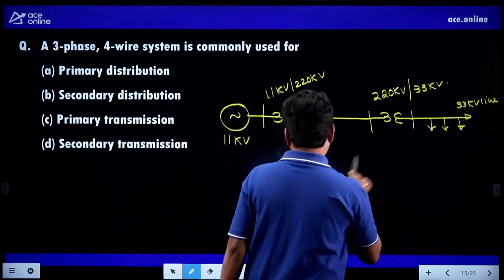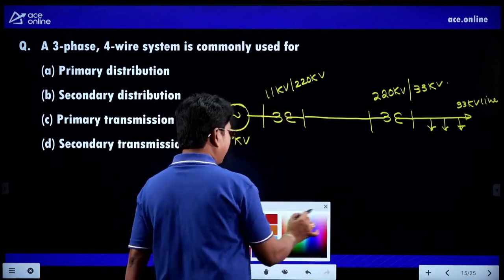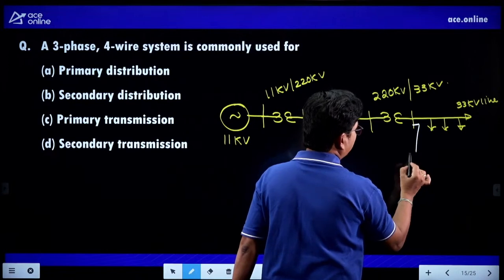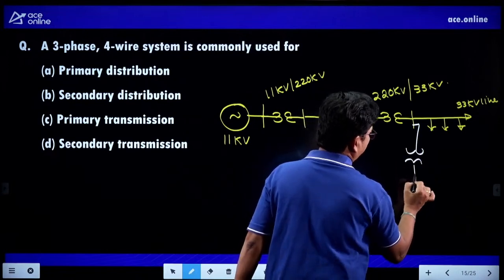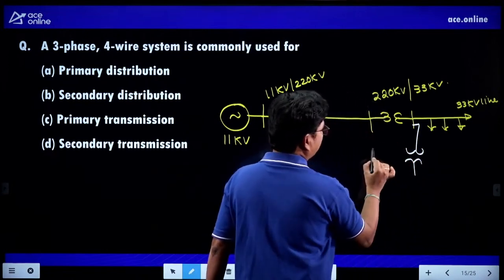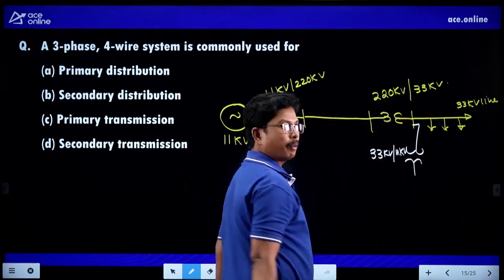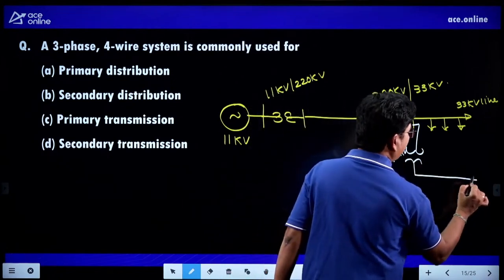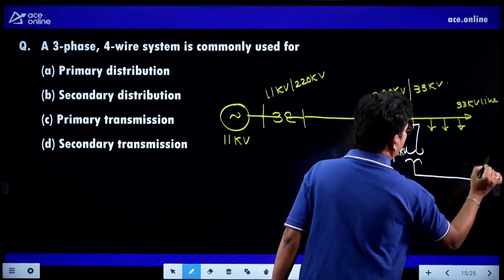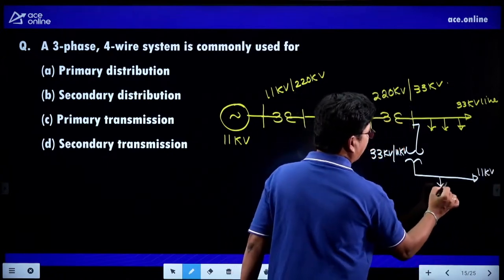And we can tap one more line here and connect one more transformer here. Suppose it is 33 kV by 11 kV, so that this is an 11 kV line, and you can connect all 11 kV